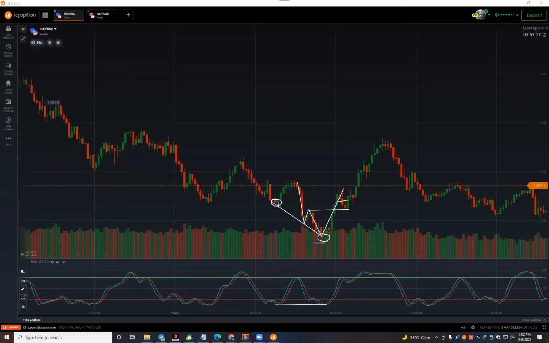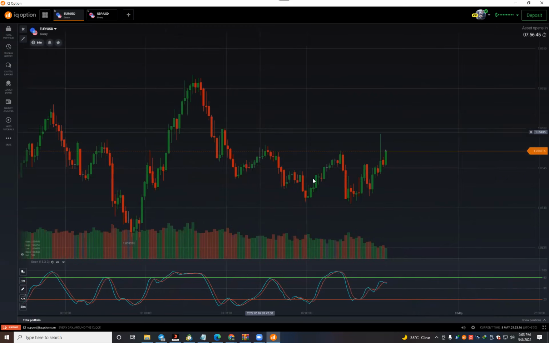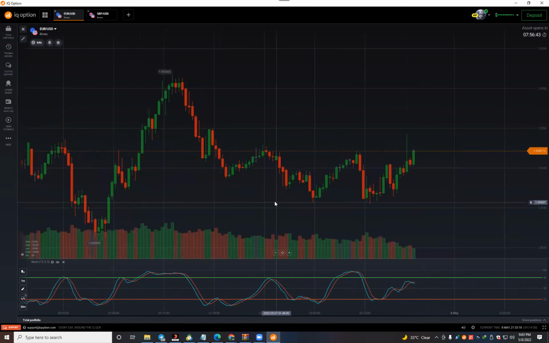So just identify any two lows, and if the oscillator is showing the opposite, if the price is falling down and in the stochastic the price is equal or moving up, that will be opposite in an oscillator, then that is called the divergence. Okay, just an example here. See another example of the divergence.